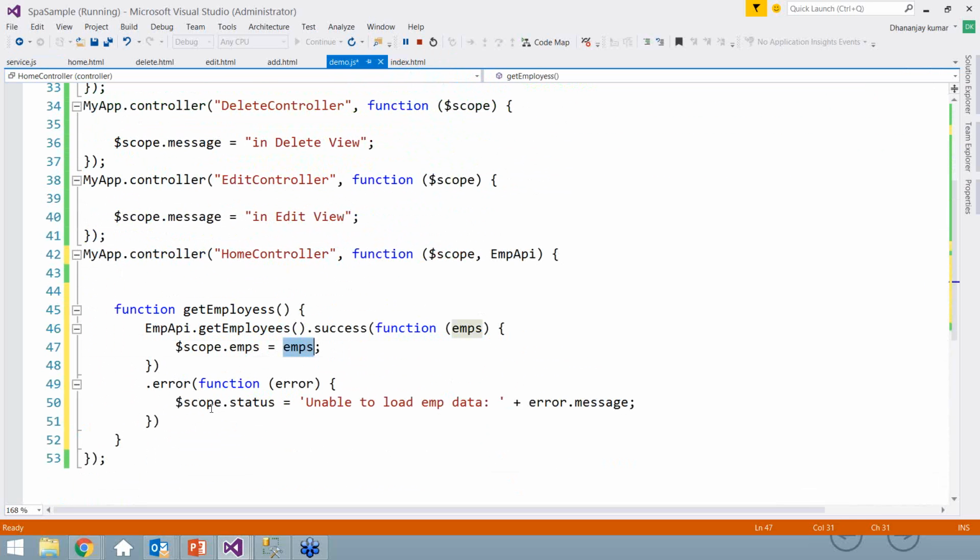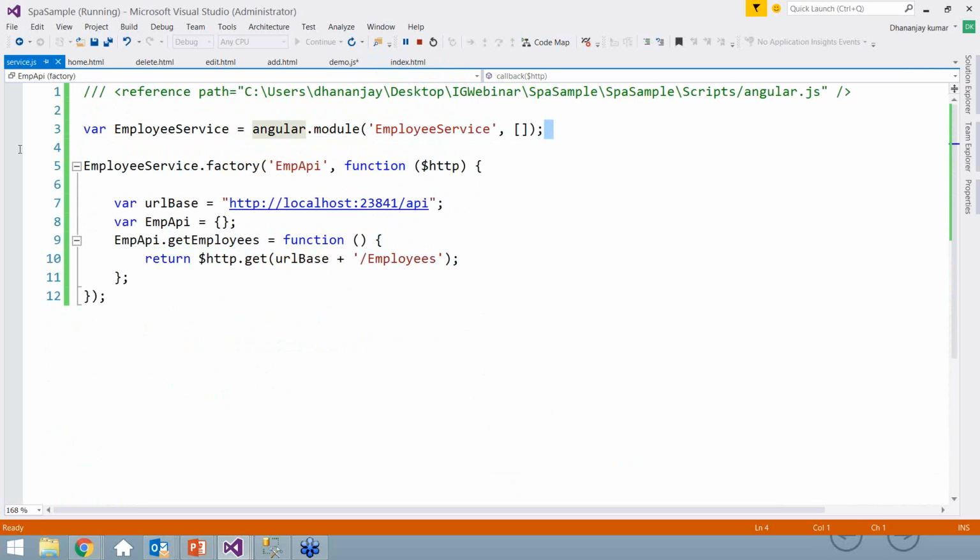Okay, and if there's an error, we are setting a status. So it's a very simple code. I repeat, we created a service module here. Then inside that we created a service called empAPI. Inside empAPI we have a method called getEmployees, which is using the $http service to perform a get operation